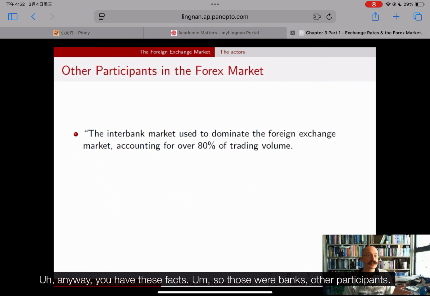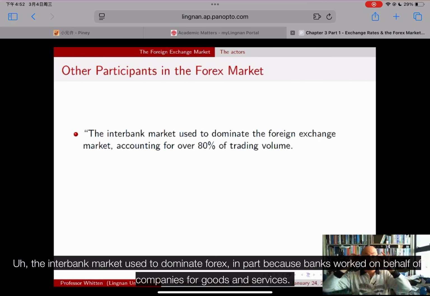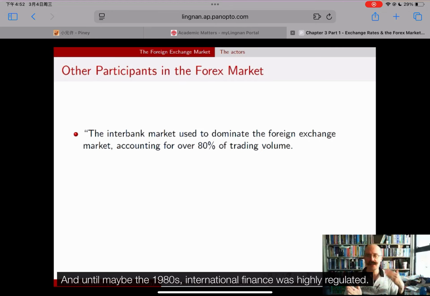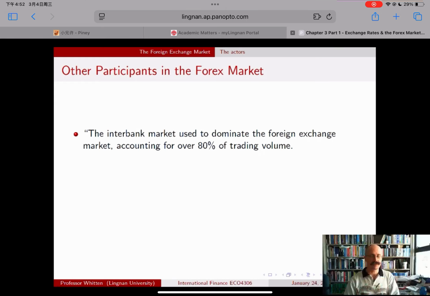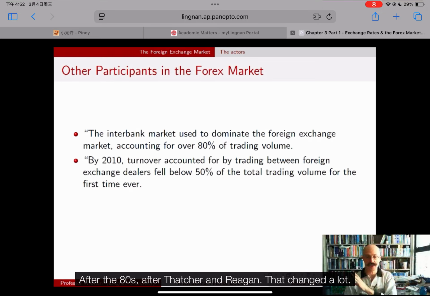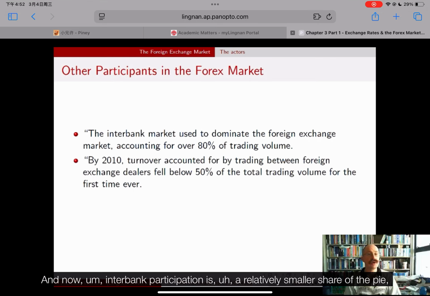So those were banks. Other participants. The interbank market used to dominate Forex, in part because banks worked on behalf of companies for goods and services, and until maybe the 1980s, international finance was highly regulated. After the 80s, after Thatcher and Reagan, that changed a lot, and now